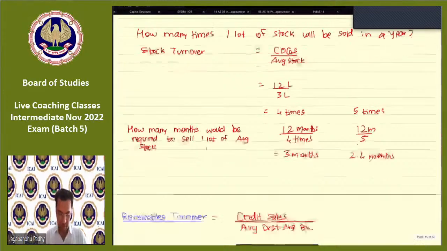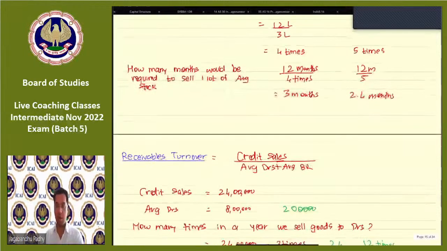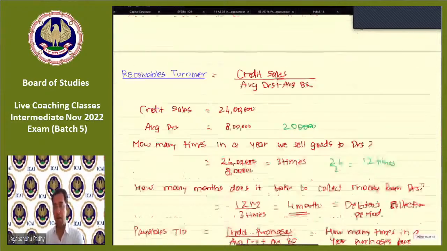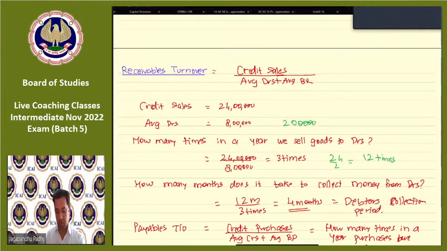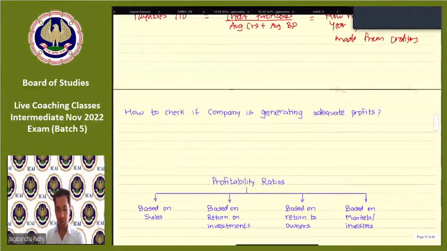Then we have the next ratio, the receivables turnover ratio. Receivables turnover ratio was also telling us how many times in a year we are selling the goods to our debtors. And in terms of months, it used to tell us the time period we take to collect money from the debtors. And the same funda was going for the